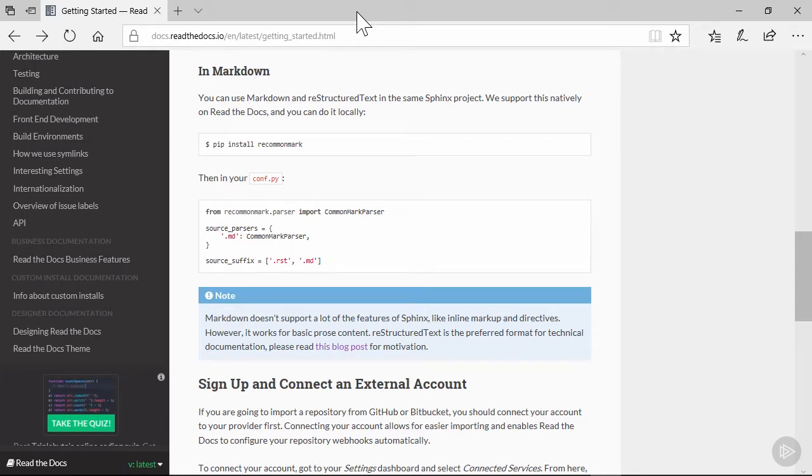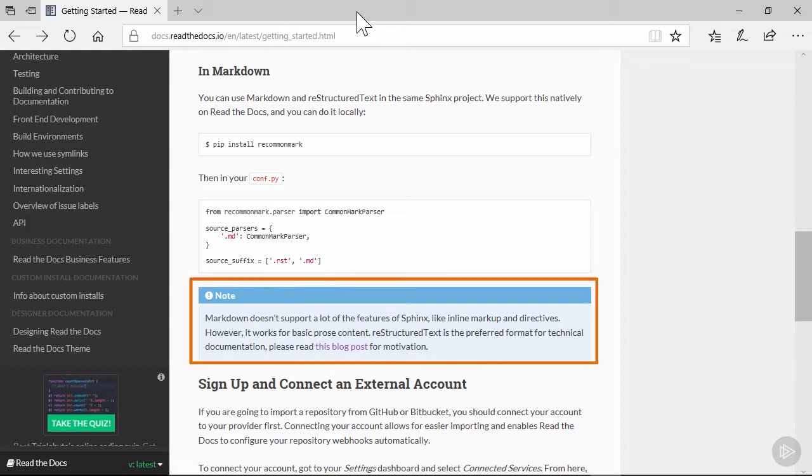In this demo, we'll be adding support for Markdown in our project so that we can use both reStructuredText files and Markdown files for our docs. If you look at the Getting Started information on the Read the Docs guide, they have the instructions we'll follow and some notes. The note at the bottom of the section points out that you're missing out on some features